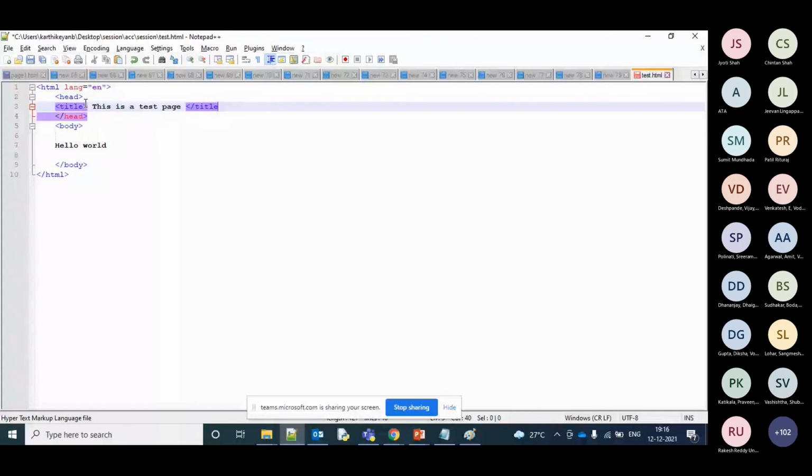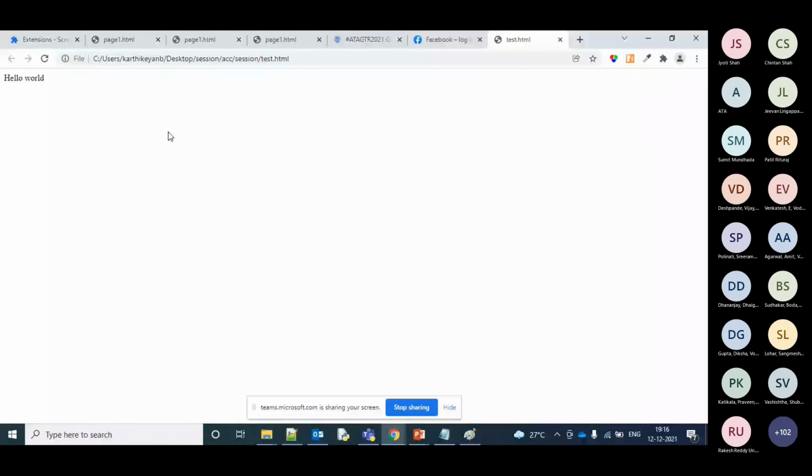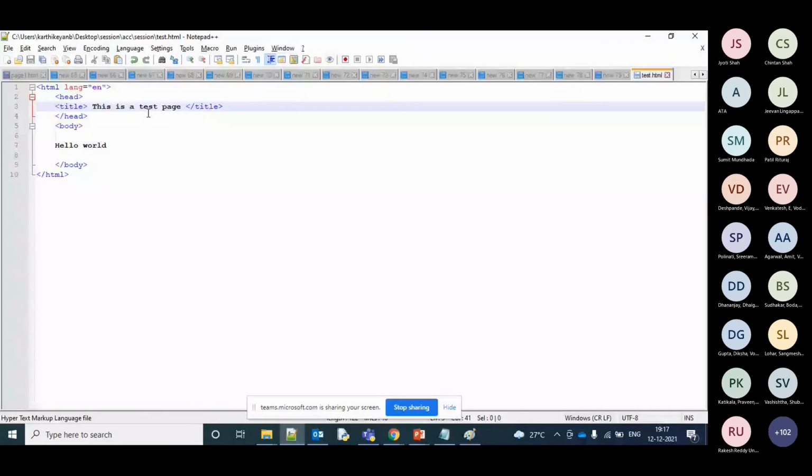Hello world. As you heard this time, it read the title properly: this is a test page. This will be helpful on tab switches and other things. And then it read the content inside. Pretty good.